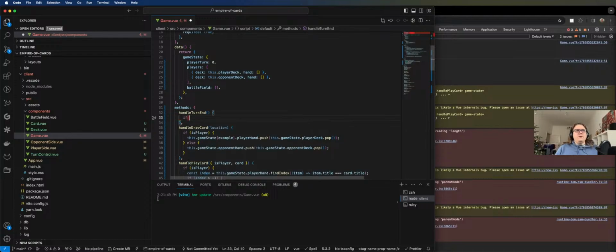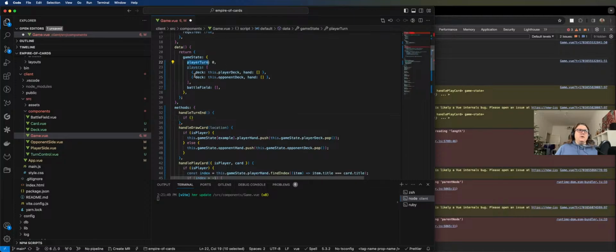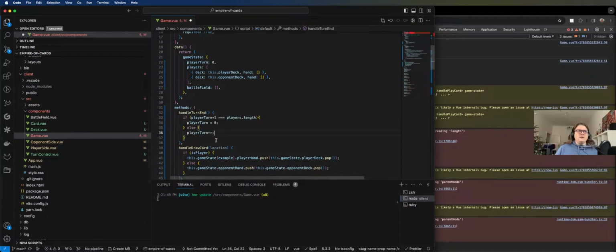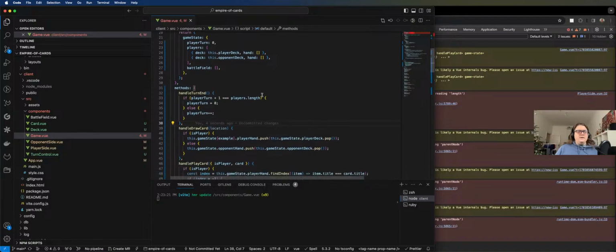Okay, so if player's turn +1 is equal to player length, then player turn equals 0. Otherwise, yeah, I mean that's way too easy. Cool, great. Yeah, it's pretty easy with the